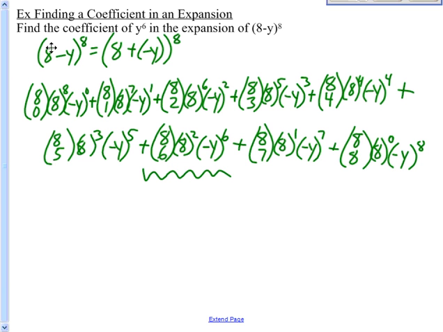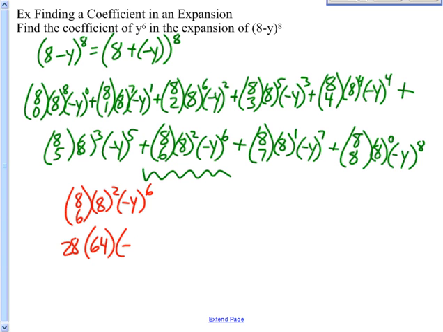So we want the coefficient here. Okay, so you got to be careful. First of all, you want to punch in 8 choose 6. So punch in 8 choose 6, figure that out, and this ends up being 28. Okay, 8 squared is 64. And then you got this negative 1 to the 6th, and then you got your y to the 6th. Okay, so 28 times 64,